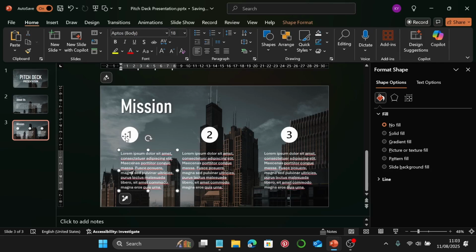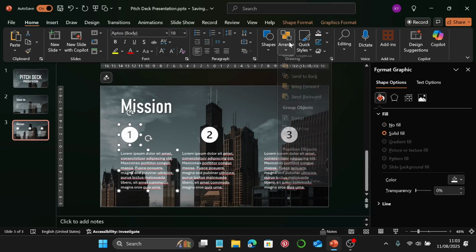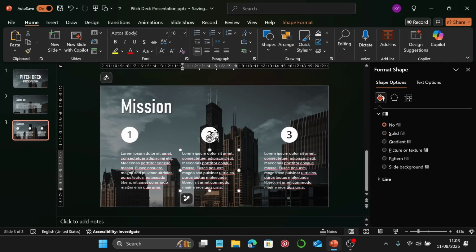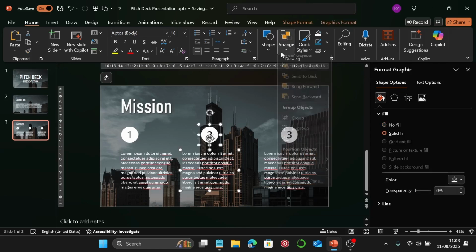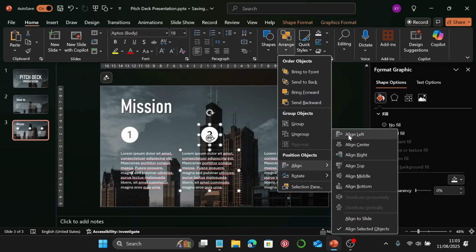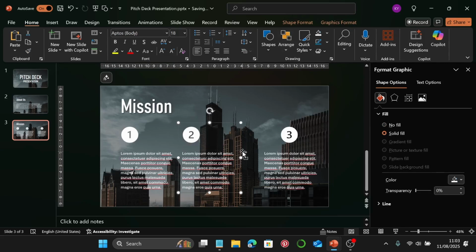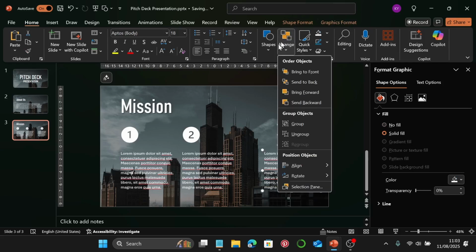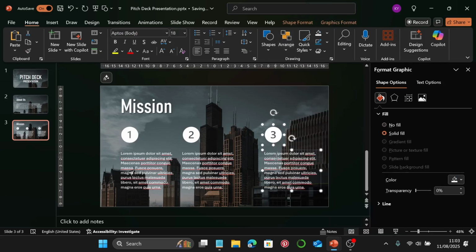All right, let's start with this one. Go to Arrange, Align Left, and then Group. Select this one and this one. Arrange, Align Left, Group, and finally select these 2 and also align left, and then group. Now I'll just select this one,